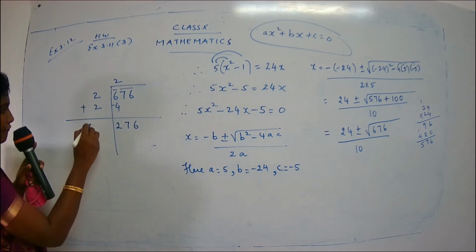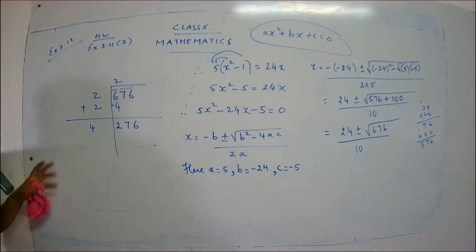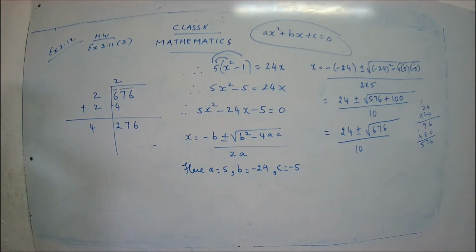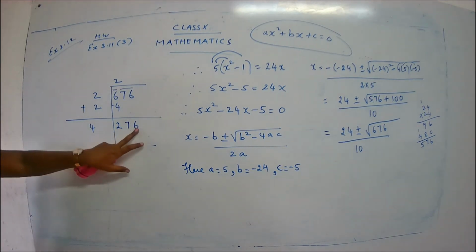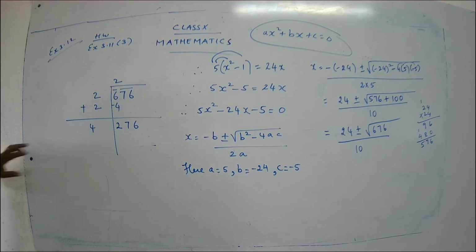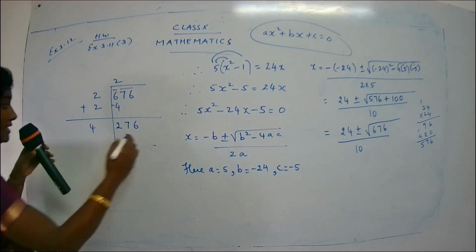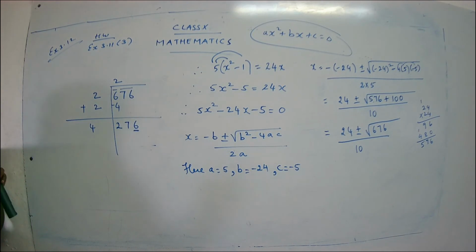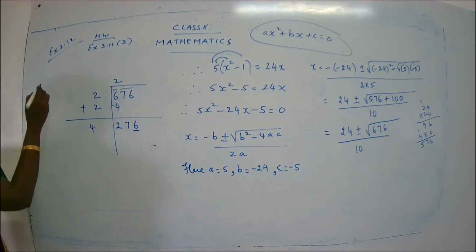What is the number here? 4. And mostly what you get is you will get a perfect square. So just see the last number over here. The number is 6. So I have told you, there is no need of going on multiplying like 41 into 1, 42 into 2, 43 into 3. See the last number. What is the last number here? 6. So we have two choices. Which number gives you 6 in the digits place? The square. I'm just talking about square.